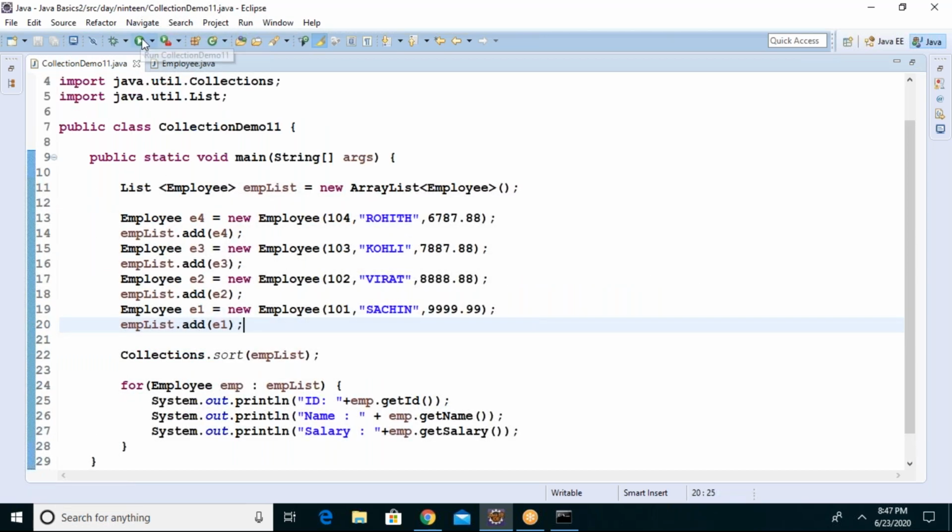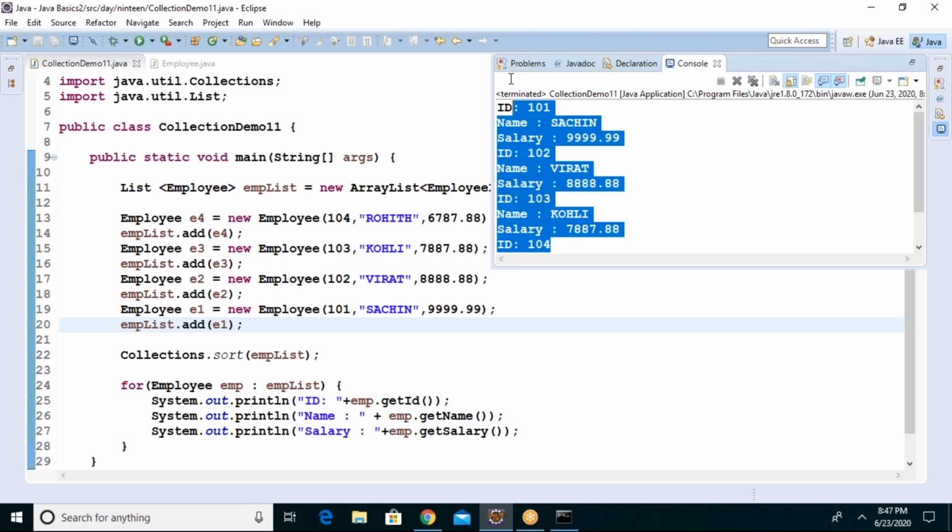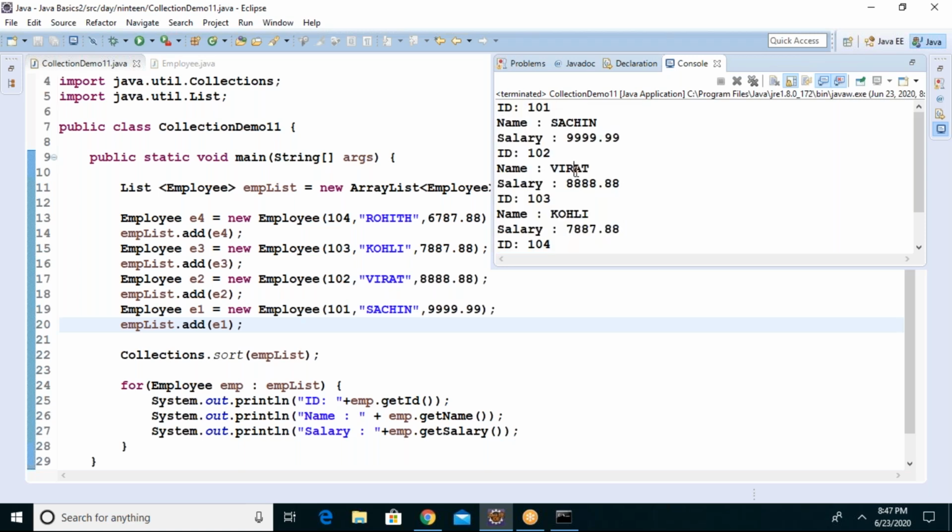Now go and sort. See, guys, first 101 is coming. I gave first 104, 103, 102, 101. But 101, 102, 103, 104 are all sorted properly with ID default sorting.